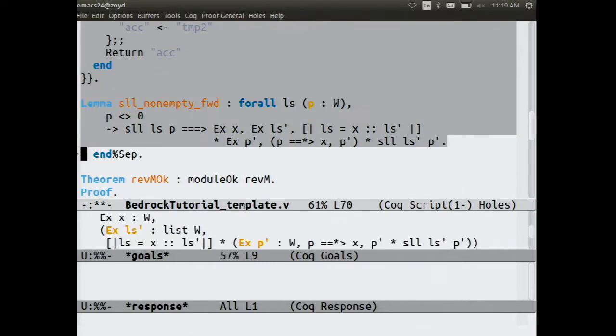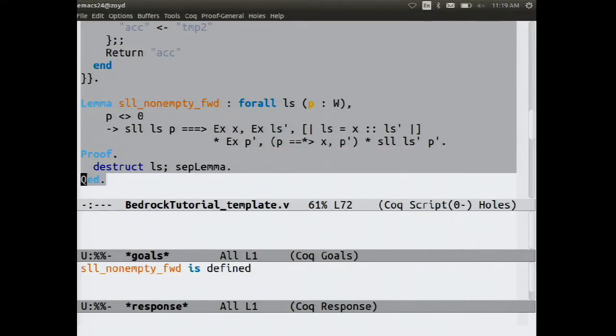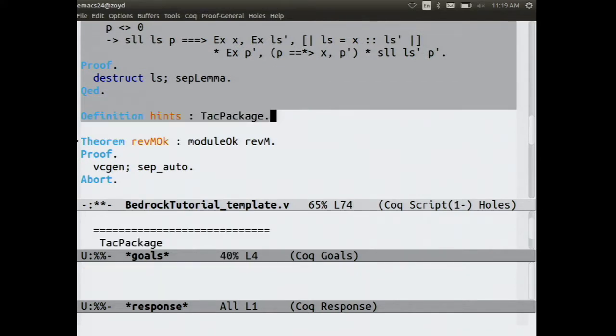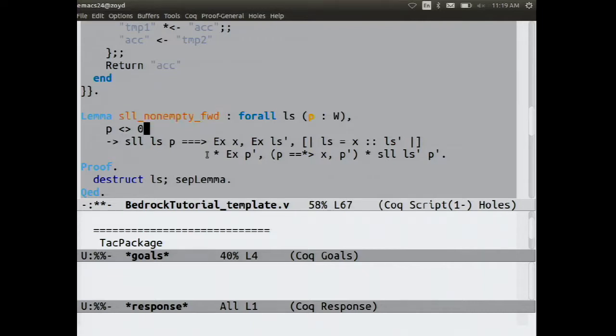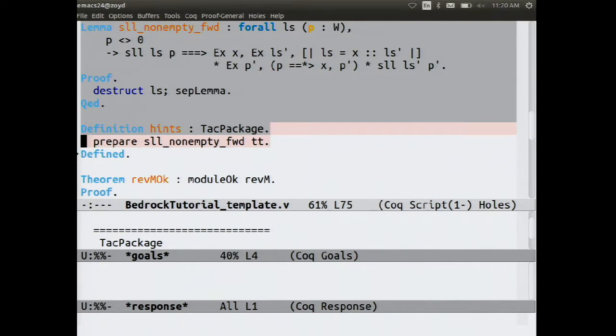And I can prove this by case analysis on the list with a tactic called sep lemma that automates the rest of the proving. And now I'm going to make some hints to feed to the system. It's called a tactic package. And I'll say, prepare the following hint list. Whatever I called this thing is in the list. So we distinguish between forward and backward direction hints. This one's forward because it's an implication where on the left is a use of a predicate we've defined. We'll also have backward hints where on the right is the use of the predicate we've defined.